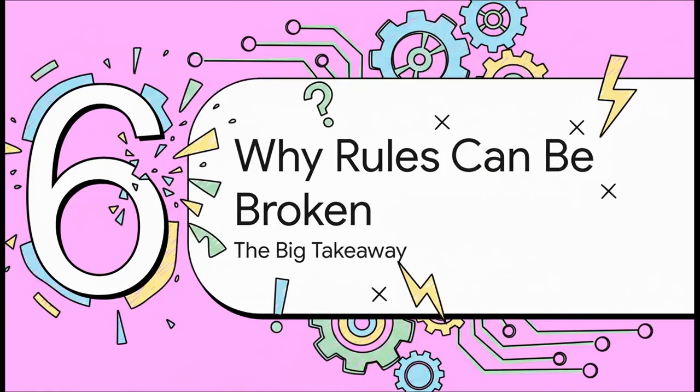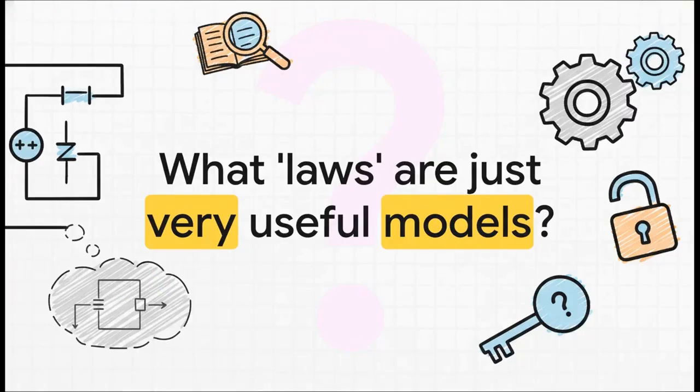So after all that, what's the big takeaway? Is this just some neat academic party trick? I don't think so. I think it's something much bigger. It's really a lesson about the nature of rules themselves. This whole story really shows that sometimes the unbreakable laws we learn in science and engineering are actually just very useful models or really clever shortcuts that only apply in specific contexts. The rule against suppressing dependent sources isn't necessarily wrong. It's just a tool for a specific job. And once you understand why a rule exists, that's when you earn the right to know